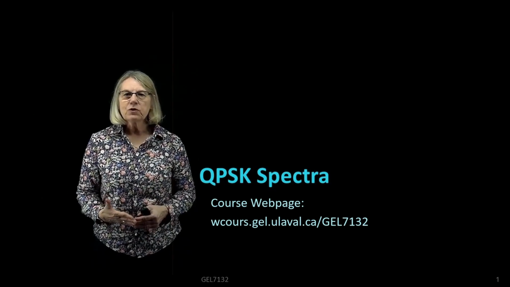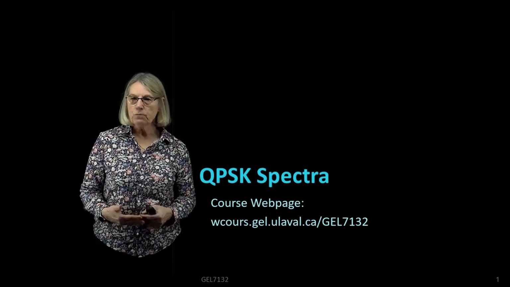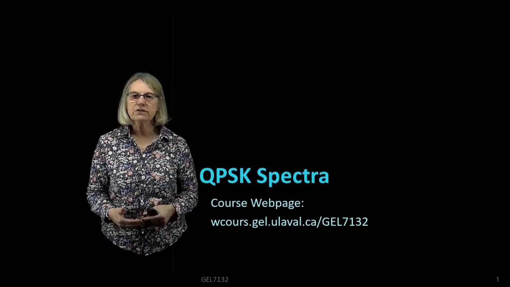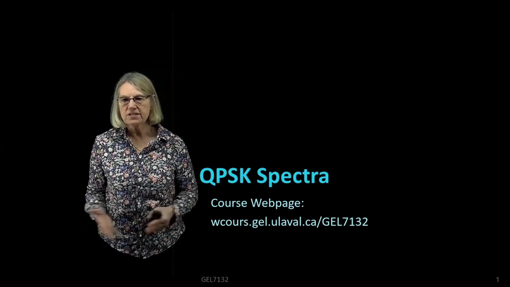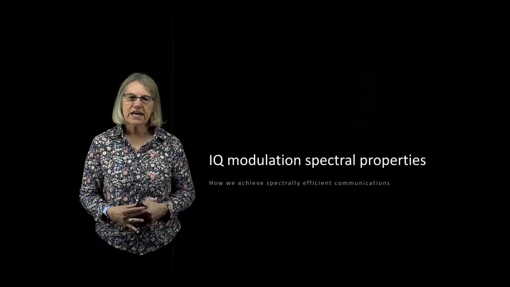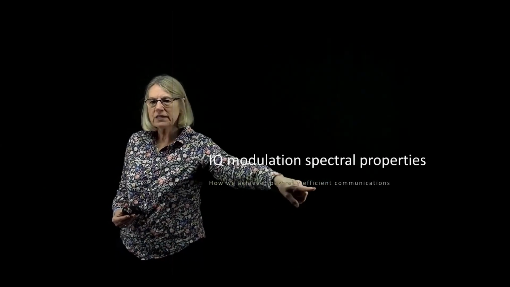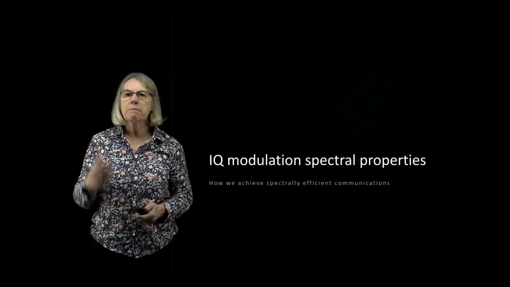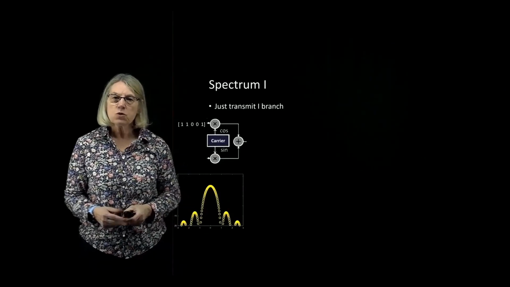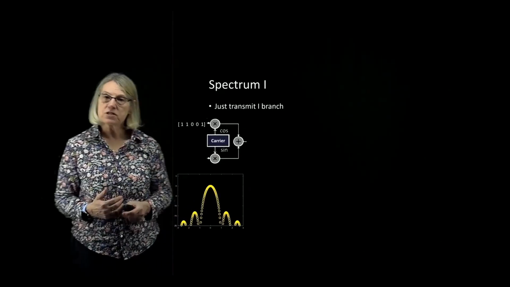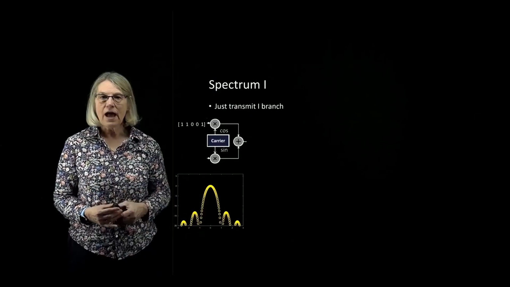In this lecture, we're going to again discuss IQ modulation, and in particular the implementation that we saw for QPSK, which is generalizable to QAM. But we're going to see how we can achieve spectrally efficient communications by using QAM modulation. So we're going to look at the spectral aspects of what's going on in our transmitter,